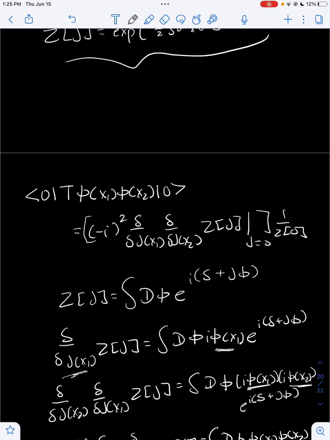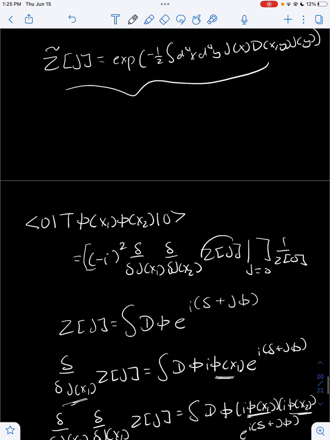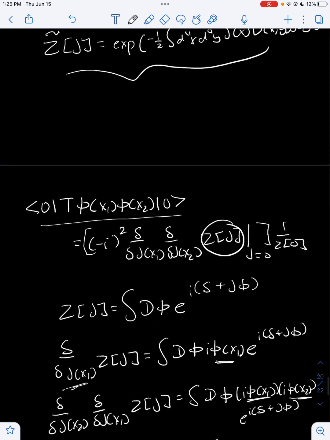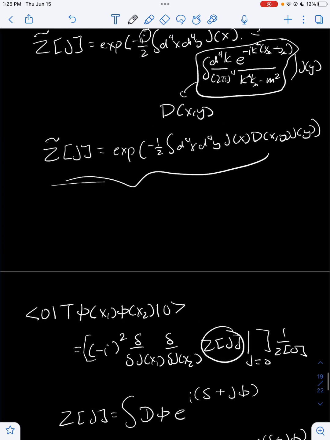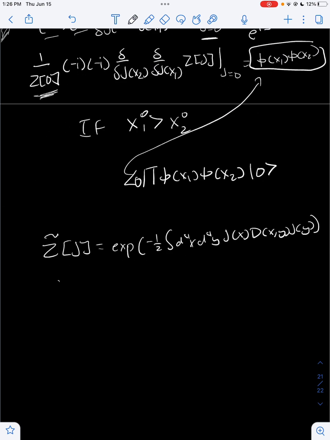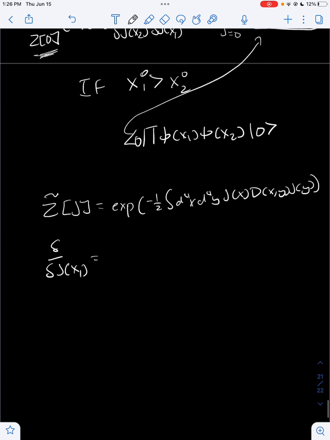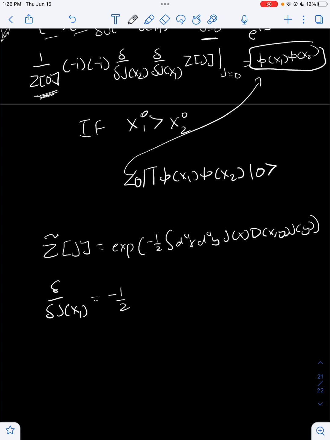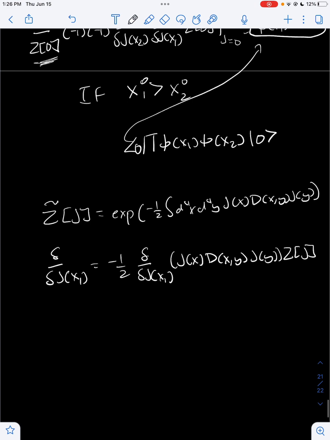We can just put the generating functional into here, and by taking multiple derivatives, we can actually calculate this expression over here. So let's actually do that explicitly for this one. First off, we can take the derivative with respect to x1 here. That's going to be equal to minus 1/2 times the derivative of, you can see here that we can just